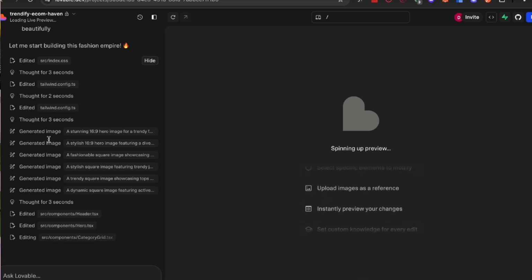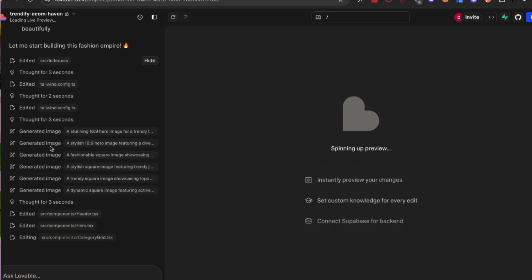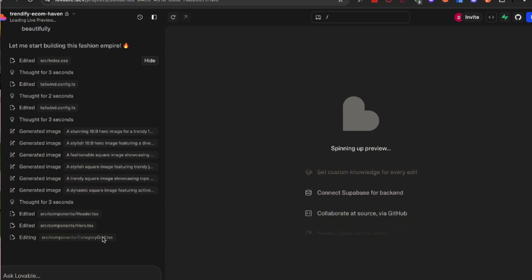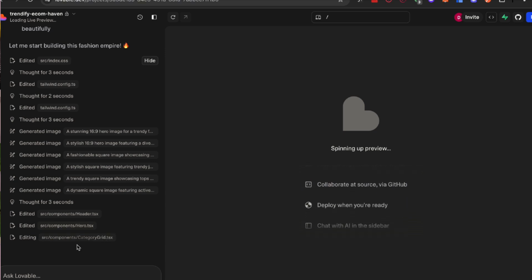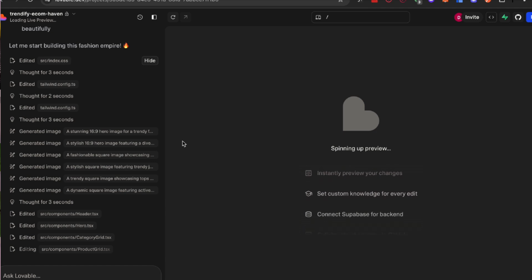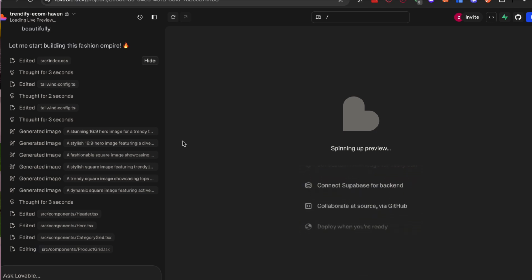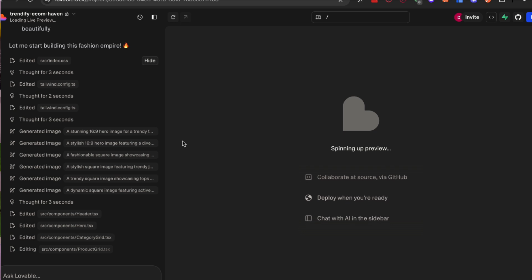I think it's creating the category grid. You can actually track the progress as it is doing, what step it is at. So usually what we're going to get is the front end. A lot of you have been asking me about the back end and how that works. So there's different kinds of backends. Let me put that out there. There's all kinds of backends, whichever you use, SQL,